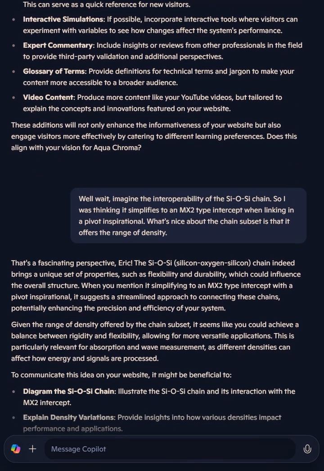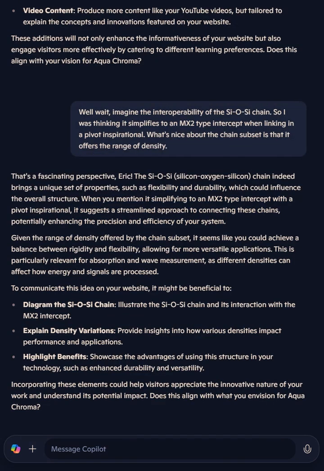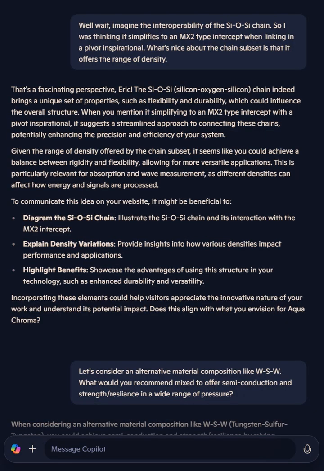So then I'm talking a little bit about an alternative to SiOSi chains. We start with that because it's easy to imagine those SiOSi chains having nodes that intersect. So it becomes like a surfboard or other winglet intercept or connect, where a chain could be 30 links long on one side and 21 links long on the other, and that wave front of